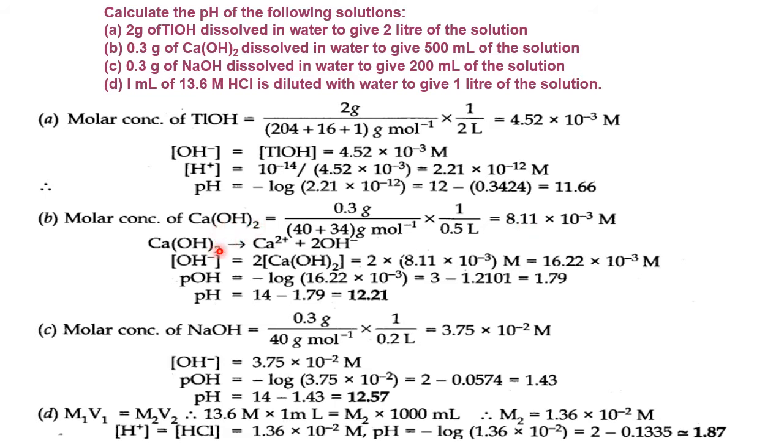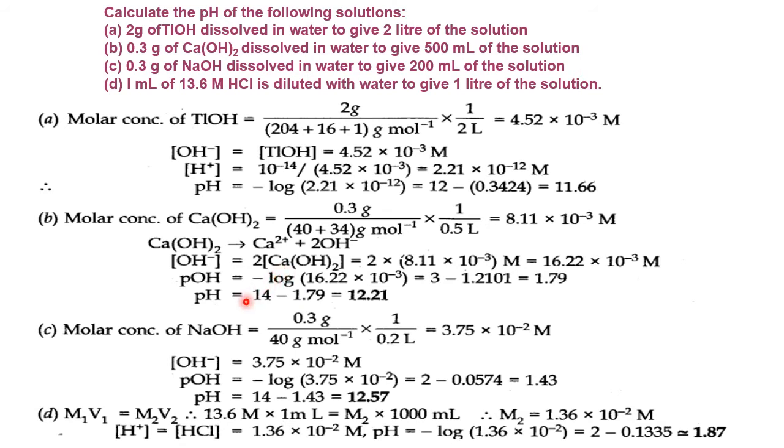Okay. So OH minus we came to know. Same formula. H plus equal to what? 10 to the power minus 14 by this concentration, that gives you what? How much is the answer here? It is equal to 16.22 into 10 to the power minus 3 molarity. Okay, right. Now pOH equal to what? Here he has gone directly for the OH. Okay, so it is calculated using OH only, not by converting H plus.